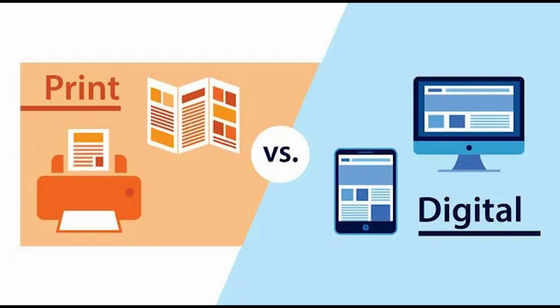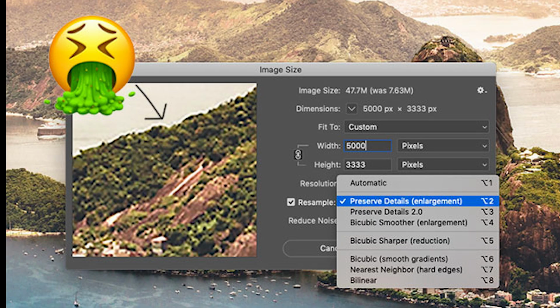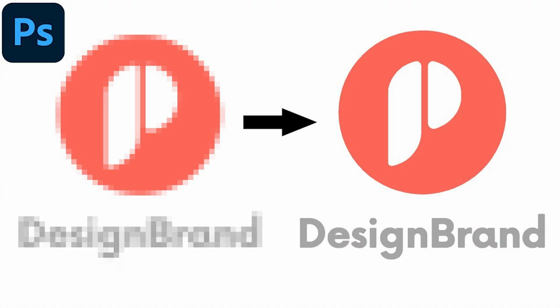We're going to work with existing images and prep them correctly for print and digital, like the web or email, which means adjusting the resolution, understanding when and when not to resample or resize an image, and making sure that your image will actually come out clear and clean where it needs to go before you do all that work designing with it.